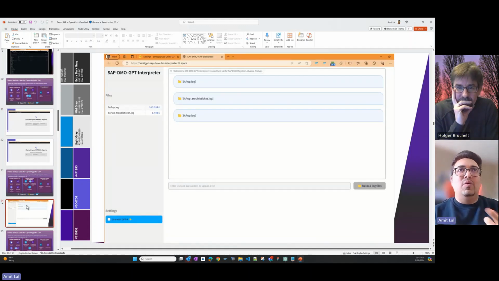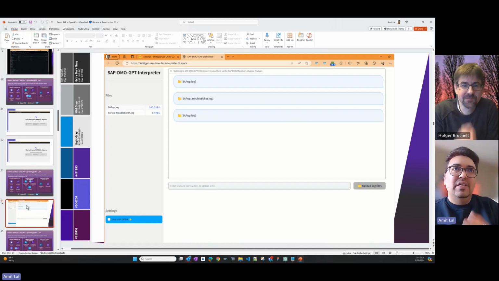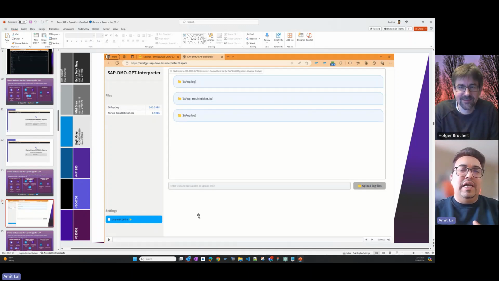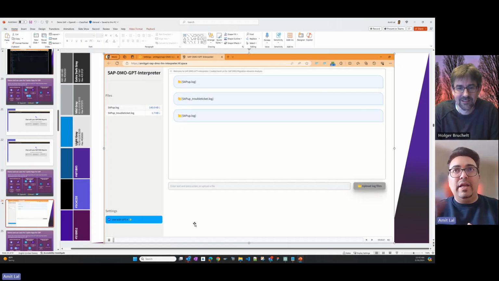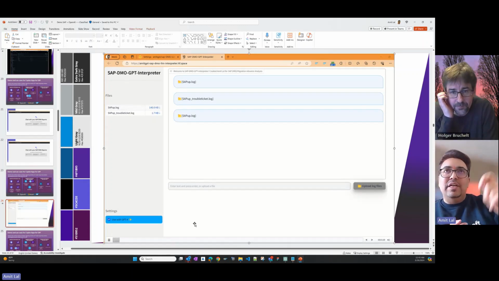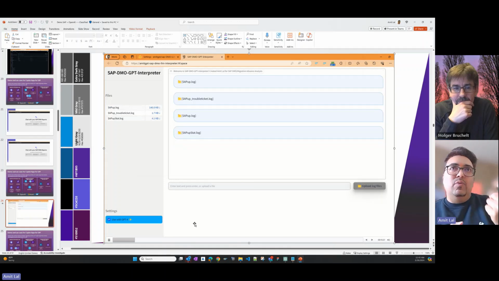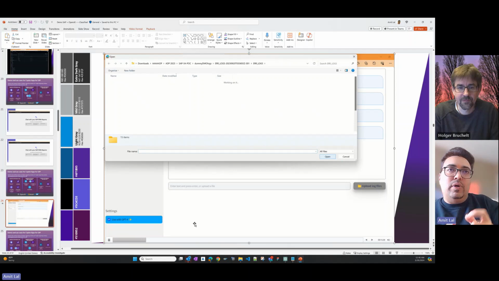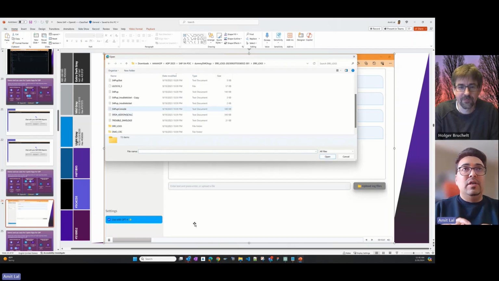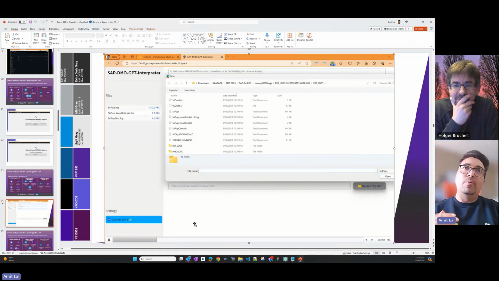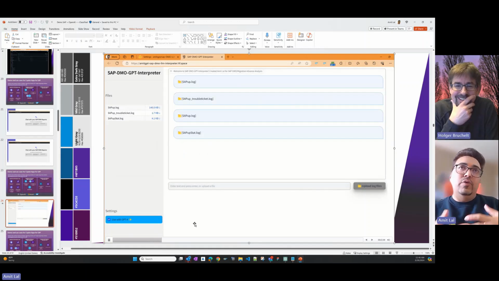One more is actually more interesting for SAP migration experts. It's a GPT I have created on Hugging Face, which is similar to the GitHub platform for AI developers. You upload your entire DMO logs into this one. All the migration logs, wherever you're stuck in error, it will scan the entire logs and give you the solution upfront. What exactly is causing the error, at least on level 1, before opening the ticket with SAP.